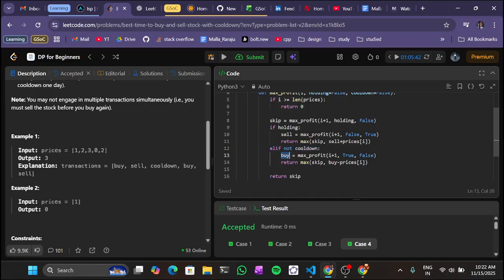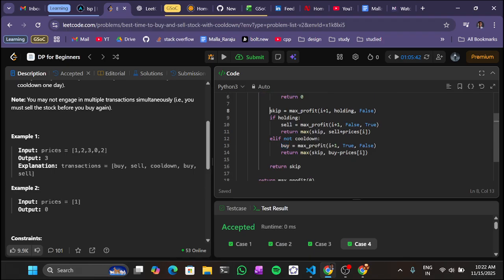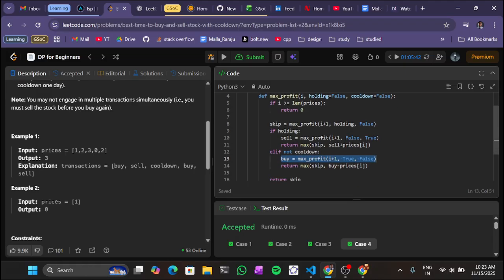And I can still skip even if I didn't hold anything. And what if we buy it? If we buy it, in this case I guess we don't need to keep this because it's a default value. So if I buy it,